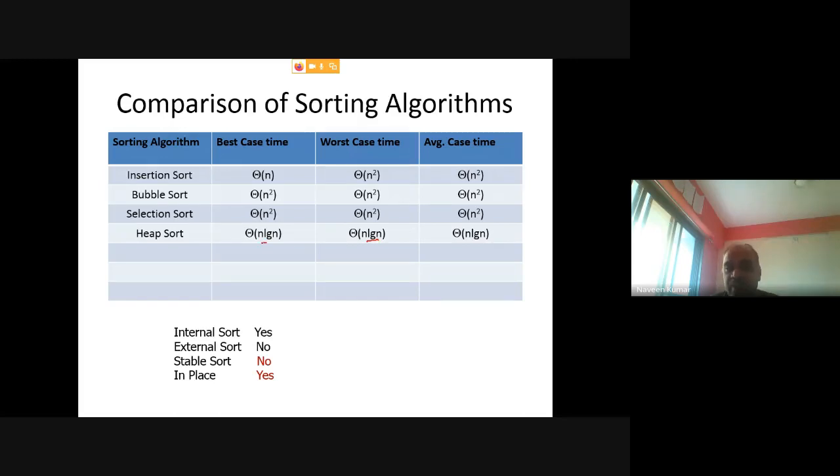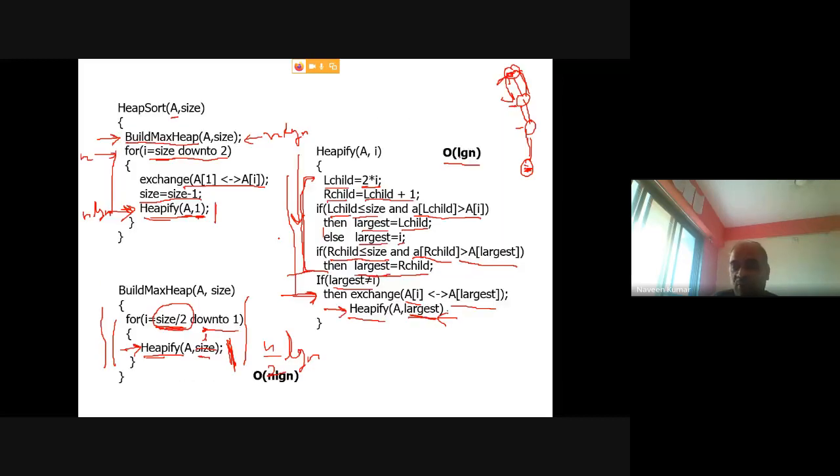The best case is also n log n, right? Why? What is the best case here? You cannot actually reduce this for loop. Only thing is, there is something here, right? The heapify operation, right? Since you are storing some lowest value at the root always, so definitely you need to work.